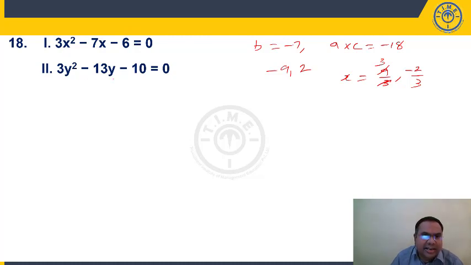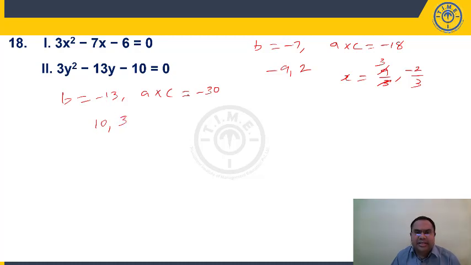3y square minus 13y minus 10 is equal to 0. B is minus 13. A into c is minus 30. Right? So a into c is negative. So write b as difference of two numbers. So I'll write it as 10 and 3. Right? 10 into 3 is 30 and we should get minus 13. So minus 10 minus 3. Minus 10 minus 3 is minus 13. Minus 10 into minus 3 is,